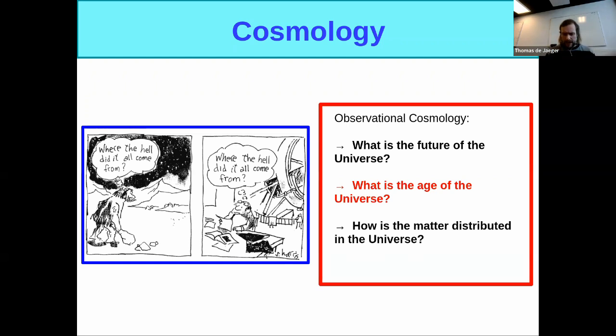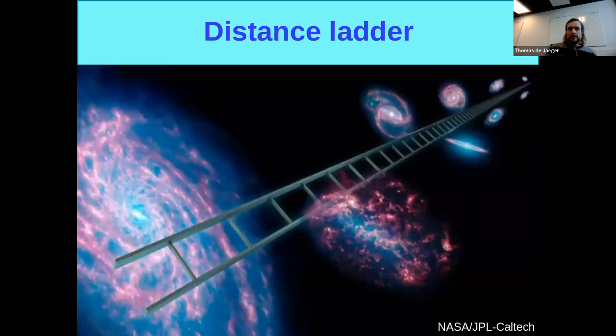If you want to measure age, you need a distance and a velocity. If you have the distance and velocity, you can obtain a time. First, there are different ways to measure distances, and one of the methods is called the distance ladder. Astronomers use the analogy of a ladder because to measure an object's distance, you need to rely on the previous step and move further and further from the Earth.